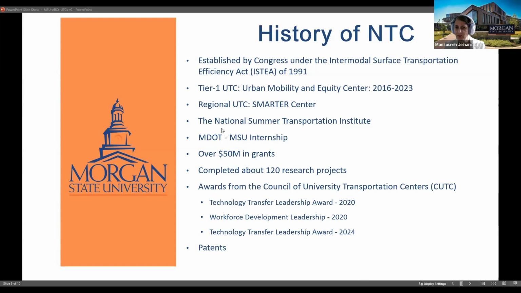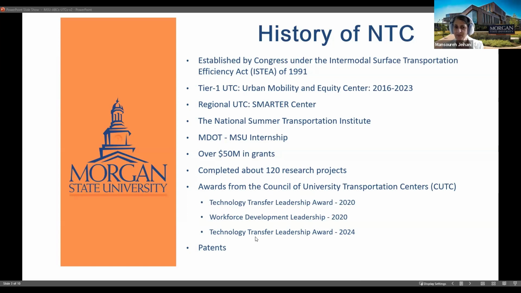Under those, we have been doing the National Summer Transportation Institute that I want to talk about more. We have been doing the MSU internship with the Maryland Department of Transportation. We have had over $50 million in grants, completed over 120 research projects, and hundreds of